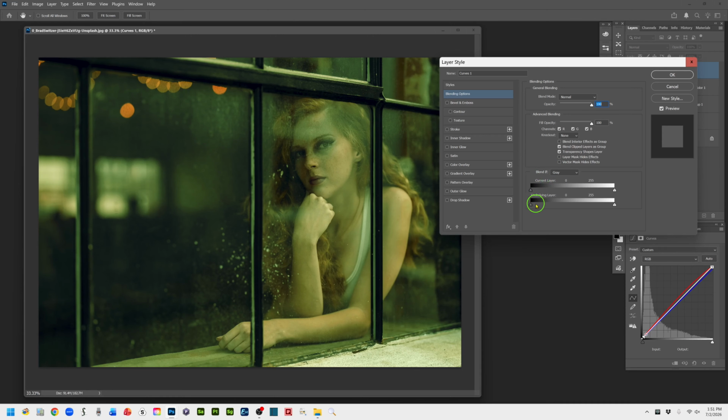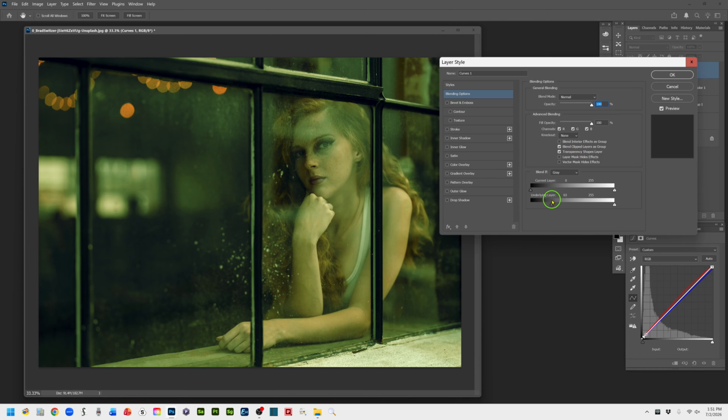And specifically, I want to work on the underlying layer. So this will control the current layer. This controls the layer below. So we want to work with the underlying layer here. By doing that, it's essentially acting like an auto brightness based mask. So what I want to do is I'm going to pull this black handle here, my highlighter is, towards the right